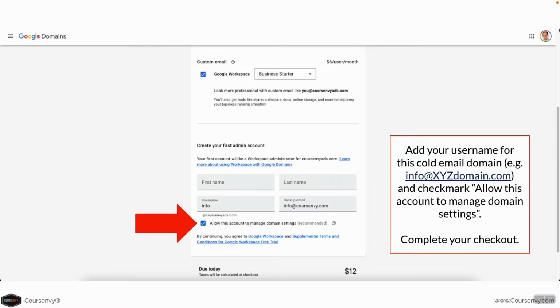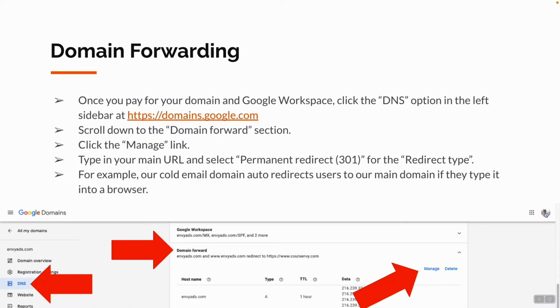So I selected info, so it'll be info@coursenvyads.com. One more thing to make sure to check mark here is that allow this account to manage domain settings. This is so I can set a redirect for the DNS. I'll show you in a second here. So complete your checkout. Once you pay for your domain and you're in this Google Workspace, click the DNS option